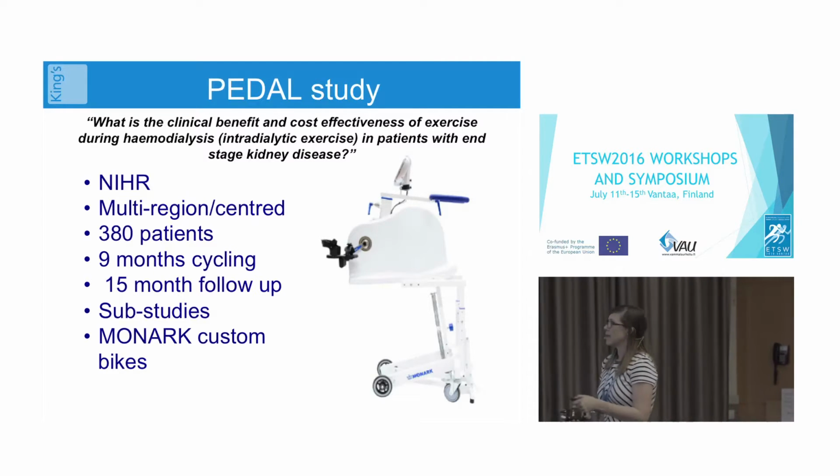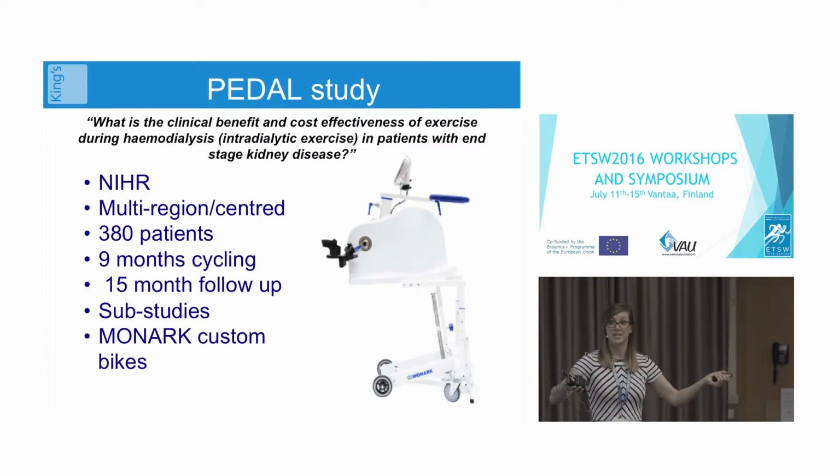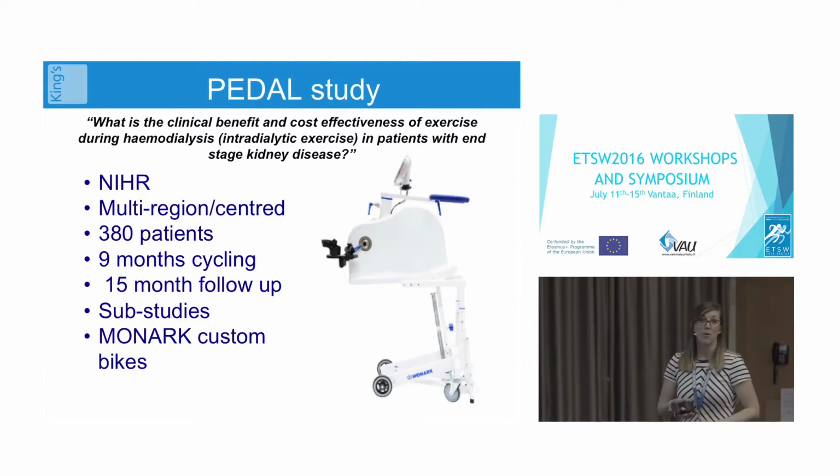And we wanted something, most importantly, that could be used on any dialysis couch or any dialysis bed. We've had issues in the past where we've had a specific bike, the units decide to change their couches, and we can't use those exercise bikes anymore. So that was really important for us. Another consideration was size. We're based in London, which is very population dense. This bike can actually hinge to adjust it to the patient and also for